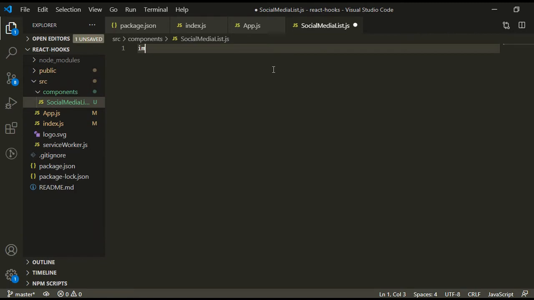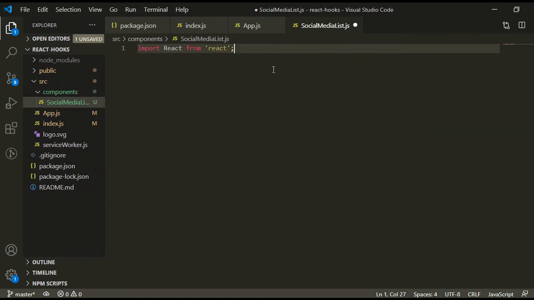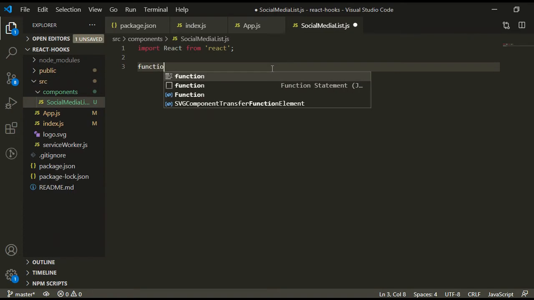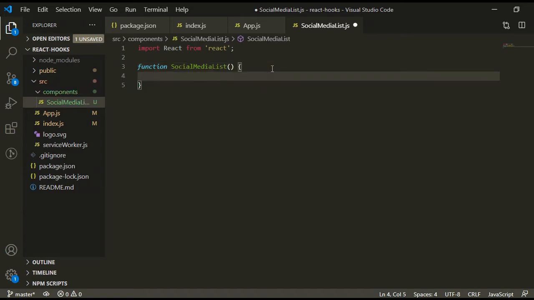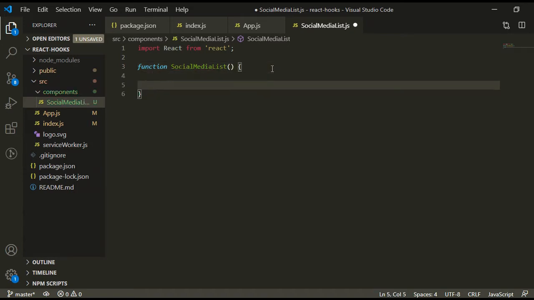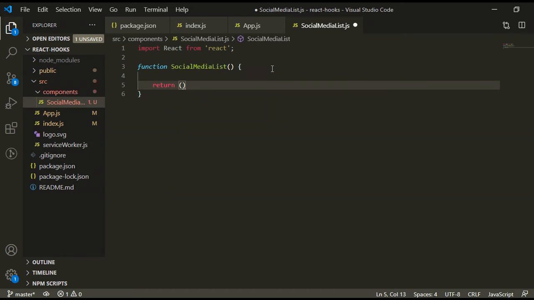On the very first line, import React from the React library, and below here we can define the function. The function name is SocialMediaList.